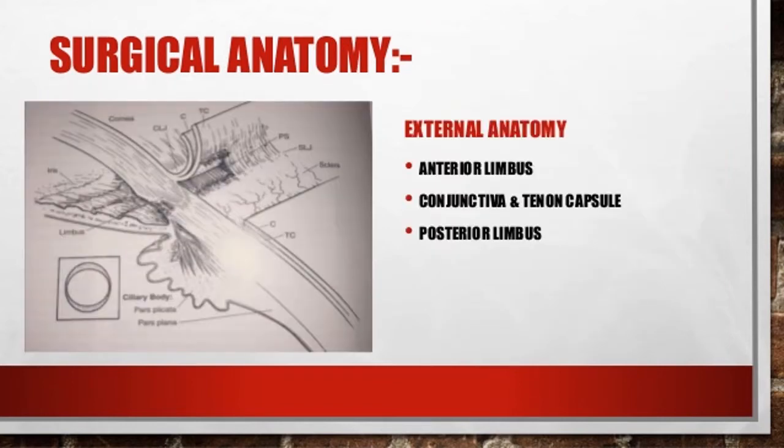So this is the angle of the anterior chamber, and externally, where we go for the surgical incision, it is ideally the junction between the anterior and the posterior limbus, where it opens your angle of the anterior chamber. That is the bluish zone present at the limbus, which we call the surgical limbus.